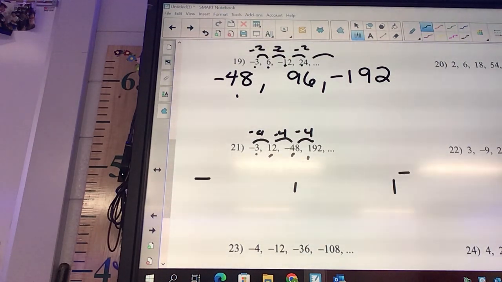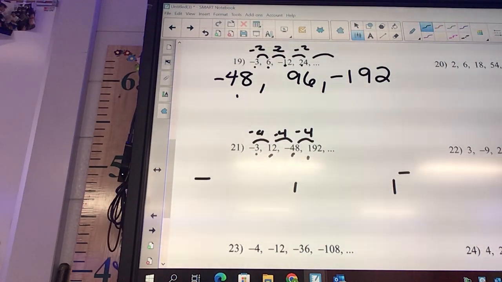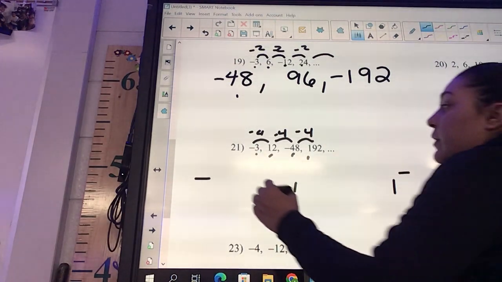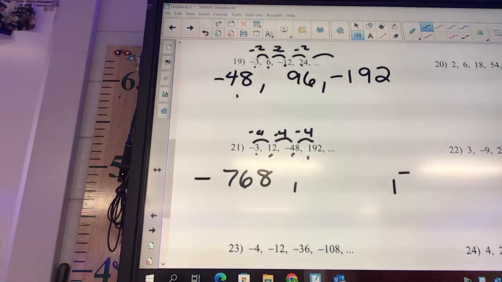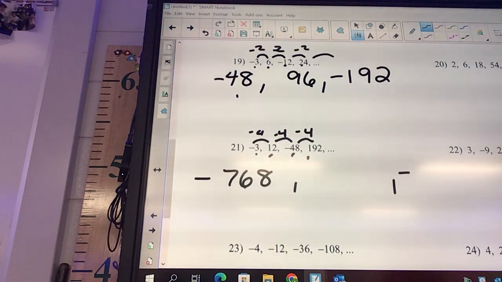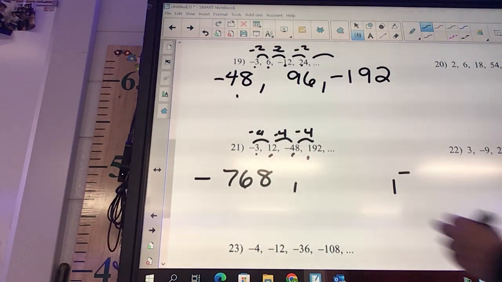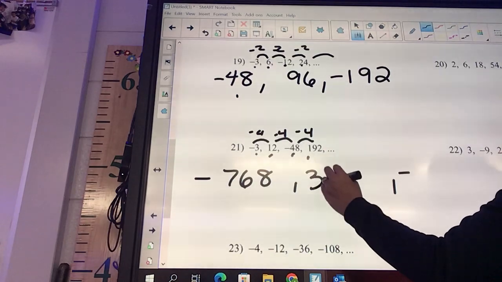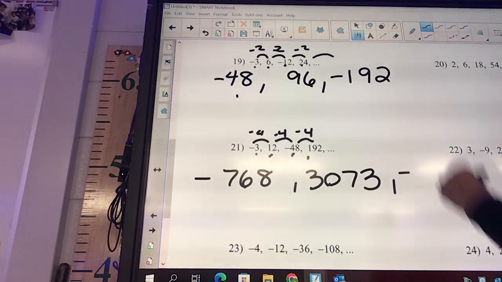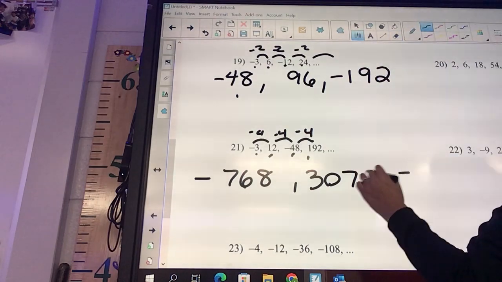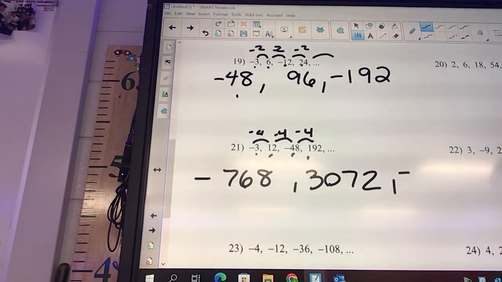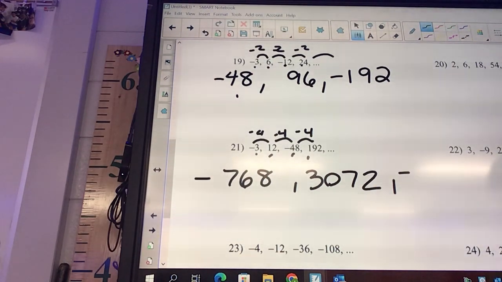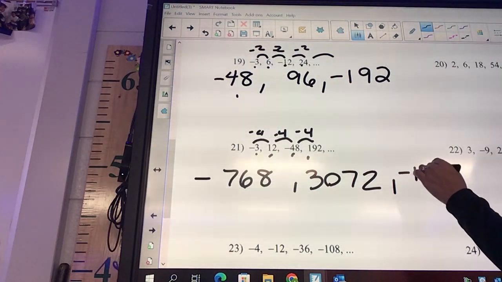So 192 times negative 4. 768. Okay? You meant negative 768, but yes. Okay, and then times negative 4. 3,073. And then times negative 4. Just read me the numbers. Negative 1, 22,